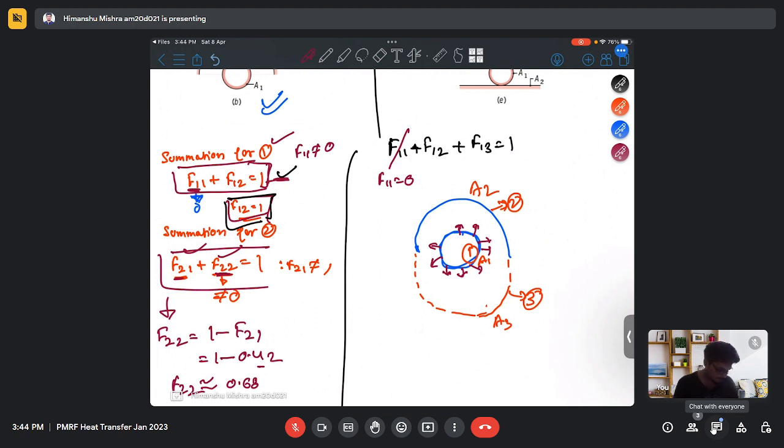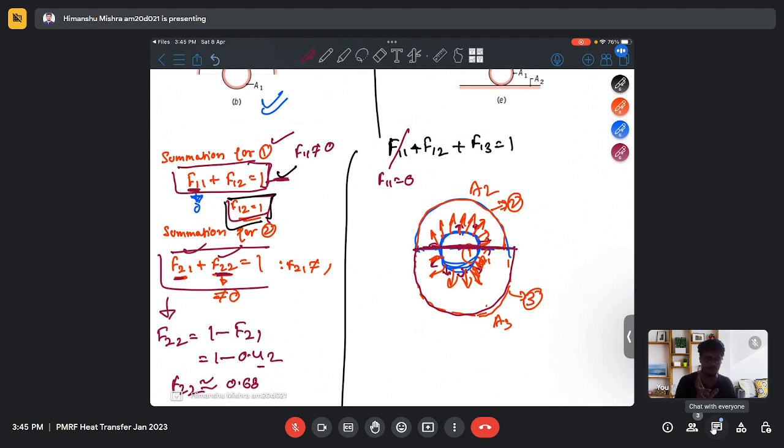Now this spherical surface is at the center of this, which means the total amount of radiation emitted from the entire surface 1, half of the radiation will be received by surface 2, and the remaining half will be received by surface 3. And this is only because the center of this sphere is placed at the midpoint of this